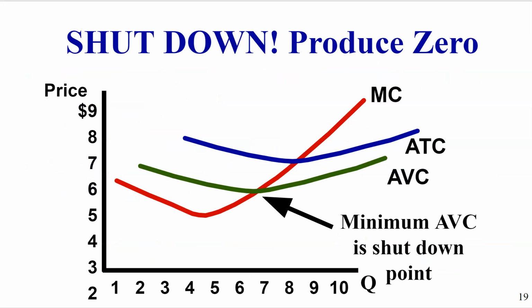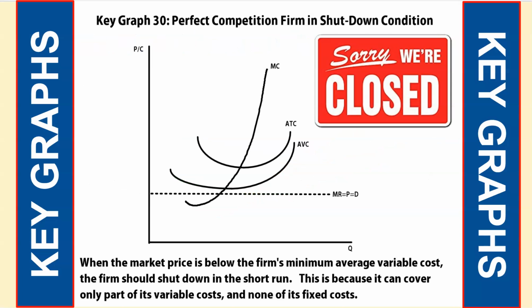And the idea here is, if you are at minimum AVC, that is our shutdown point. Okay, so the idea here, and this leads us to our key graph that we're looking at here. If the market price is below the firm's AVC, then you should shut down because your AVC is higher. Okay, if you can cover only part of your variable costs, then that means you're not going to be able